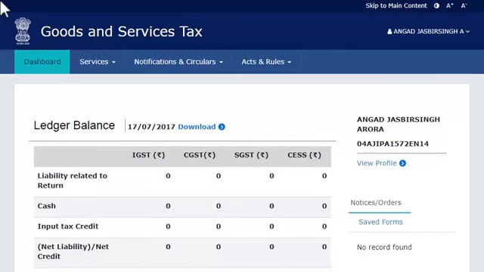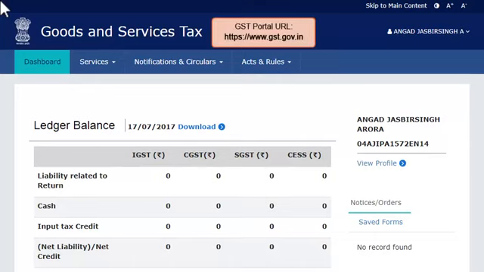Amending non-core fields of GST registration. Example: Ashok has recently opened a new bank account and wants to add its details into the GST registration of his company. To begin, access the GST portal by visiting the website